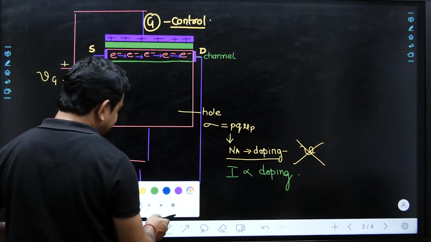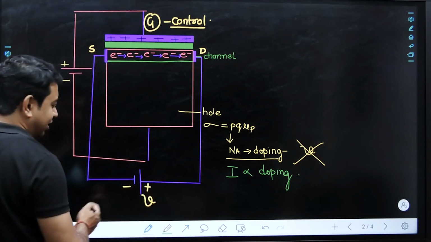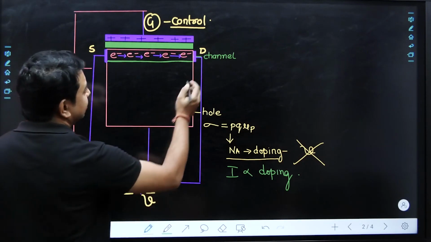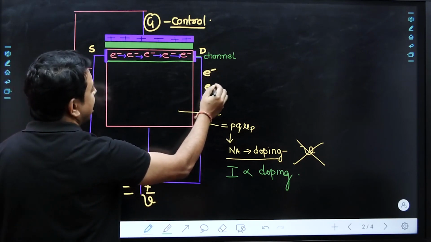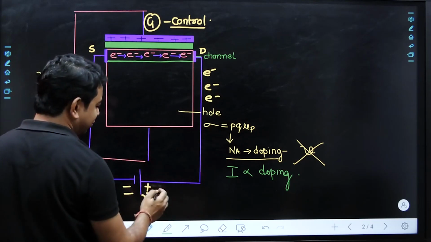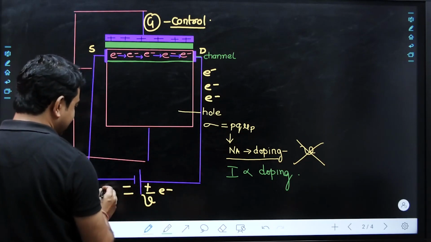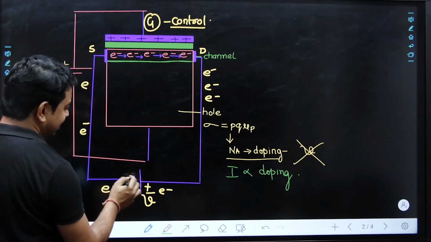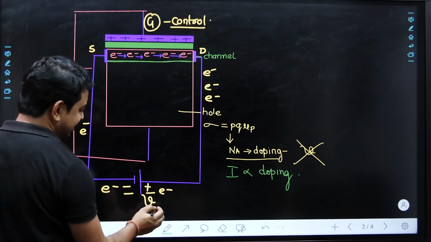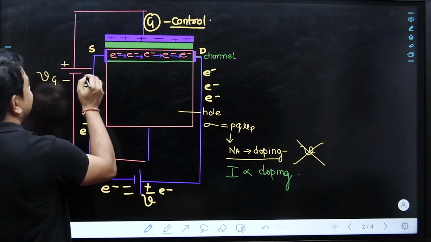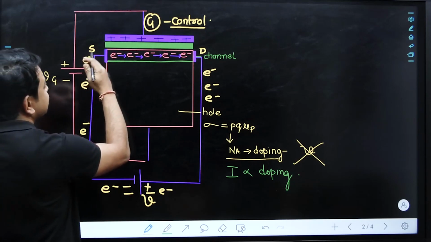So if the drain is draining out the electrons, then definitely we can say this must be positive and this must be negative, so the electrons are moving out from this one. And if the electrons are moving toward the positive charge, and moving in from this side, because it is again the supplier, then this is again a voltage that must be applied. So this voltage is the supplier of the electrons. So electrons are flowing in this direction.